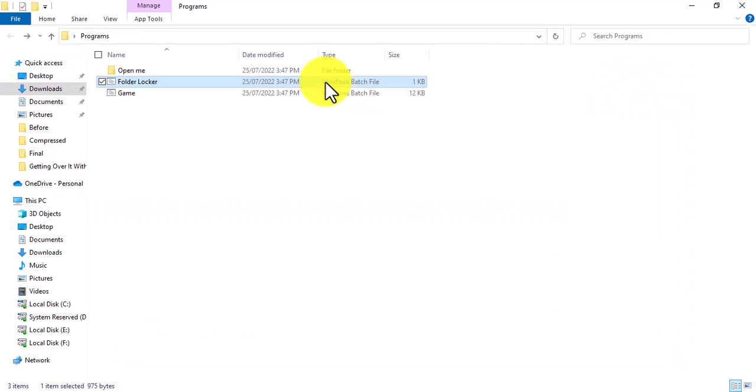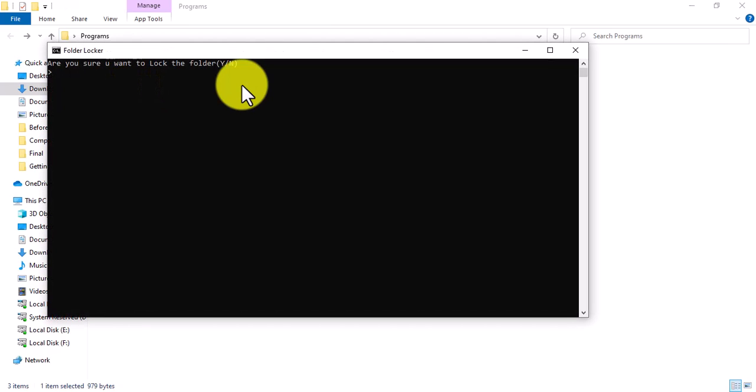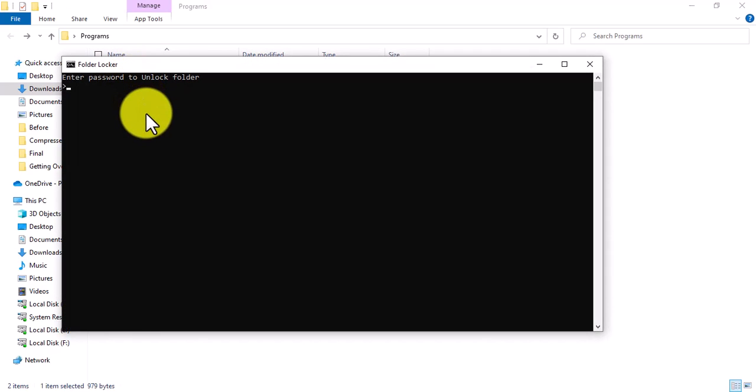Now when I open it, it will make a folder, and then I can add anything I want in that folder. And here you can see, if you want to lock the folder, click Y and hit enter. So now your folder has been locked. Now to unlock that folder you have to enter the same password. So in this case,